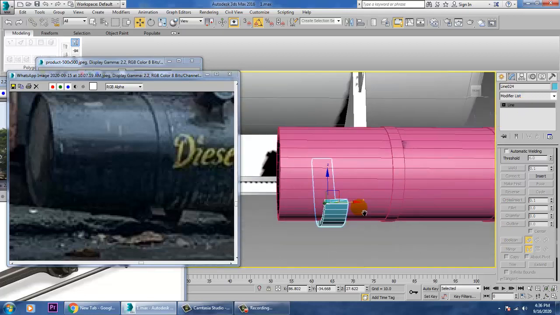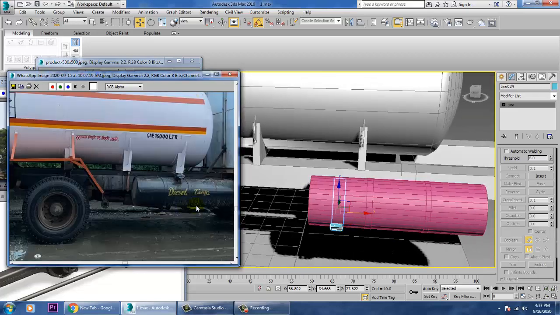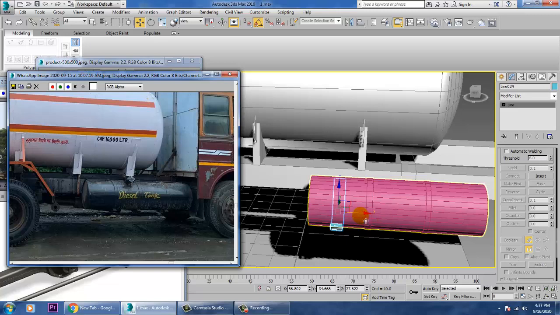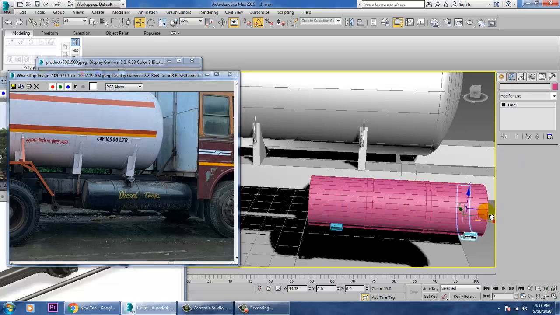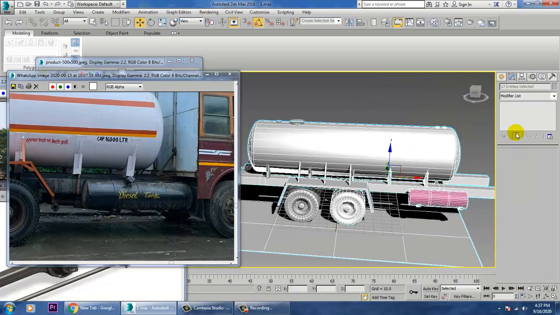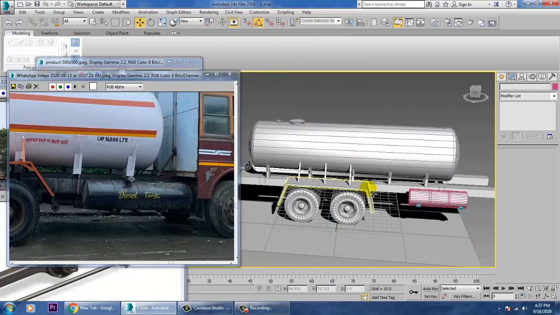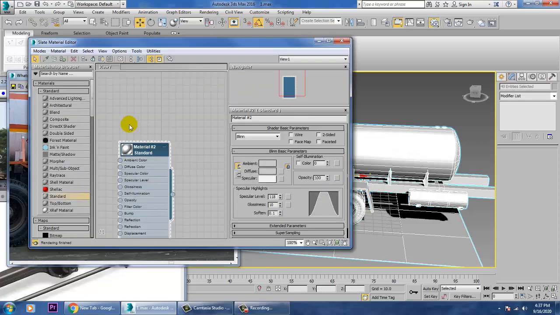So we can use these clamps which are definitely helpful over here. So select this whole thing over here again and just give a basic material over here.